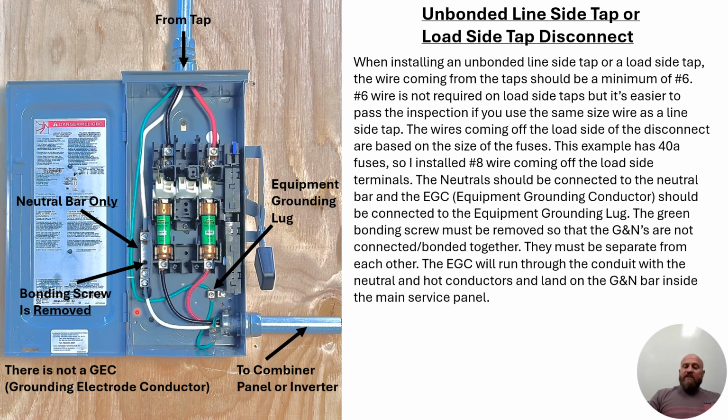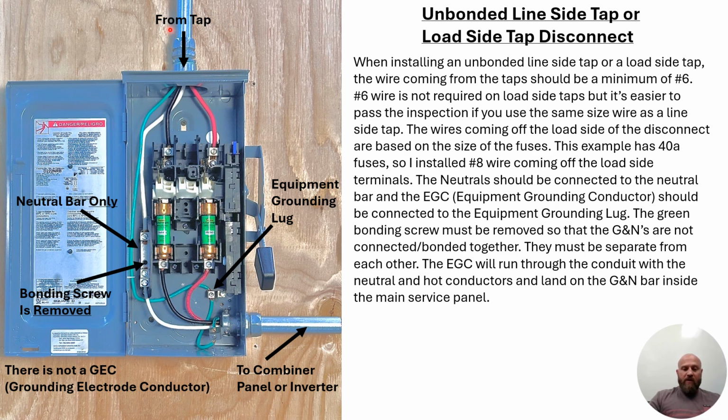Next, you'll notice there is not a grounding electrode conductor system connected to this disconnect. That's because we use the equipment ground for this. The equipment grounding conductor does just what it says. It feeds the equipment. You'll notice it comes from the equipment and it lands on the equipment grounding lug. Then it goes back through the conduit back to the original panel where it lands on the equipment grounding lug